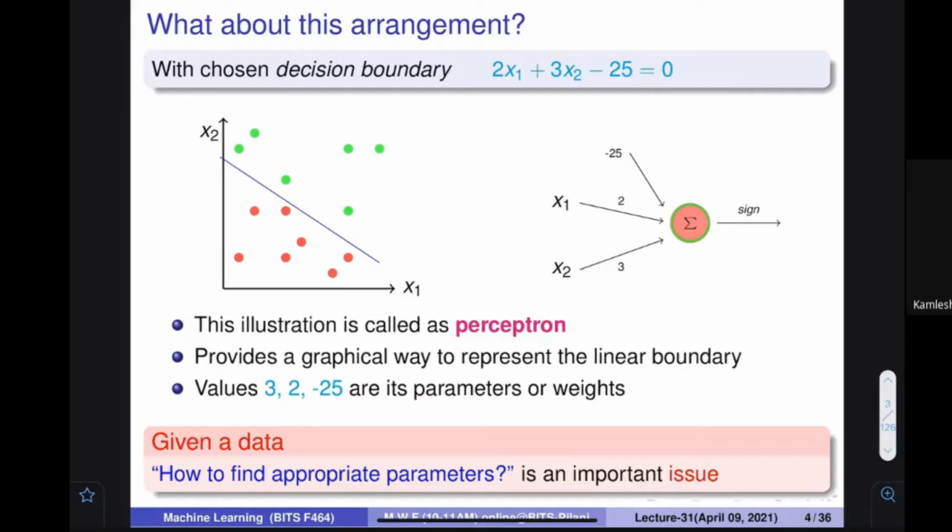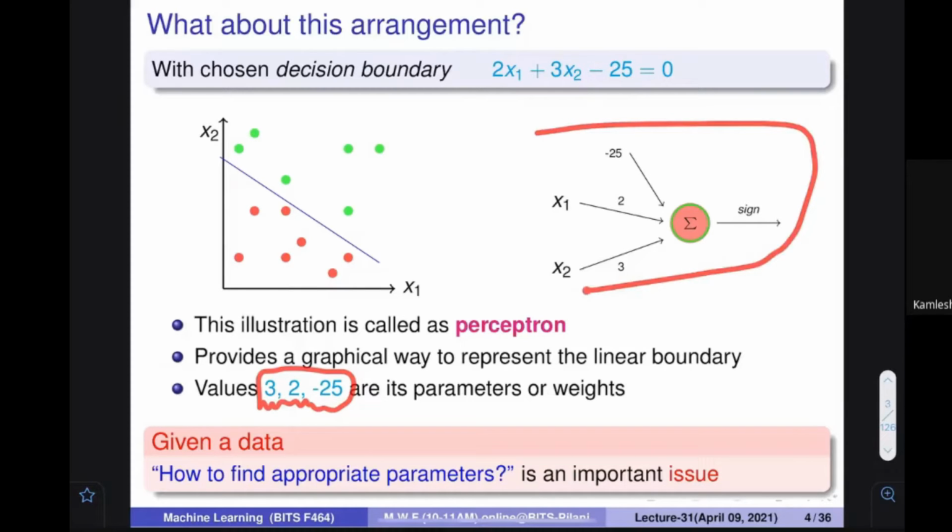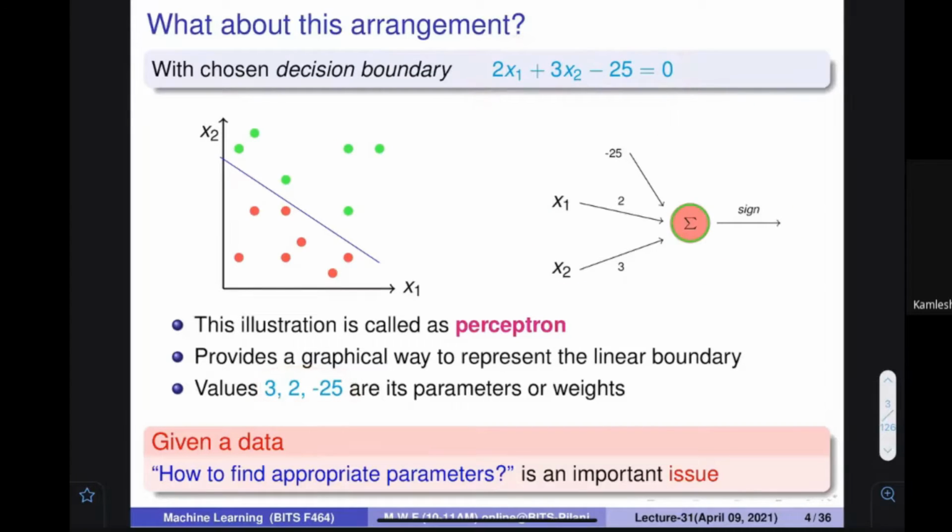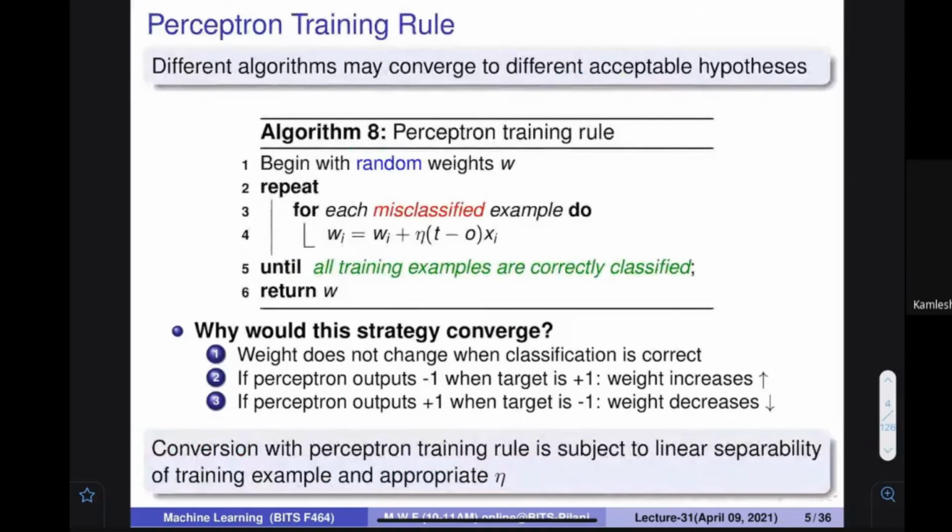So perceptron is a technical term. When we say find a perceptron for this particular data, what does it mean? It means that you are going to discover these weights, these parameters. Finding these parameters is very important with respect to a dataset. The perceptron can be represented using this pictorial representation, however it essentially represents a linear equation. Any questions on that?